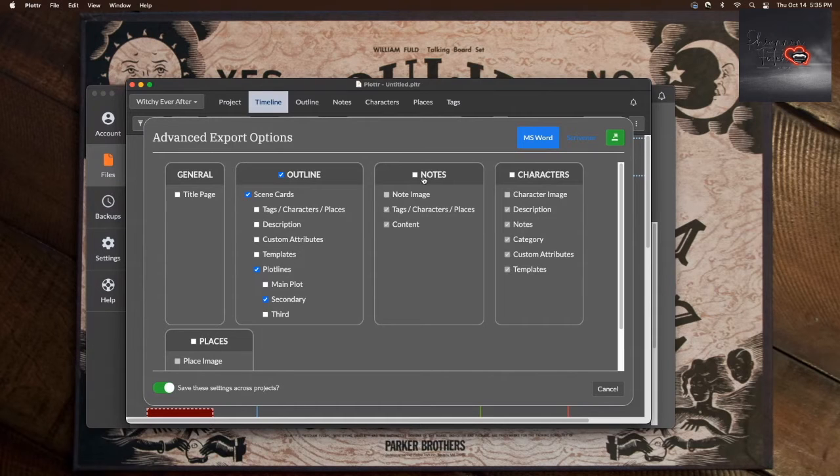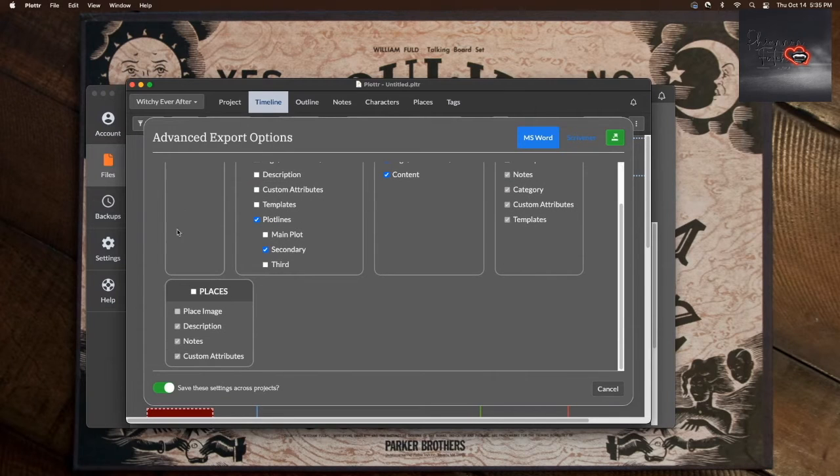You can choose whether or not to print the notes, whether you want the note image or not, your characters, the title page, and your places. And if you have a certain way you like to do things, you can save these settings across the projects. I personally don't want anything to do with that, but